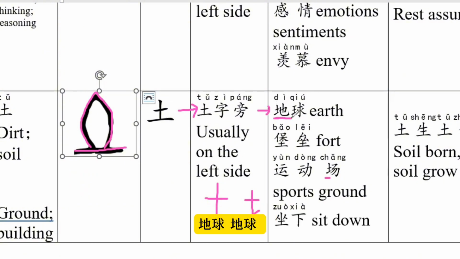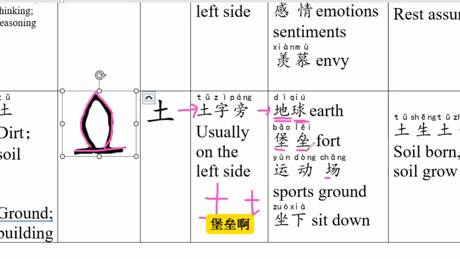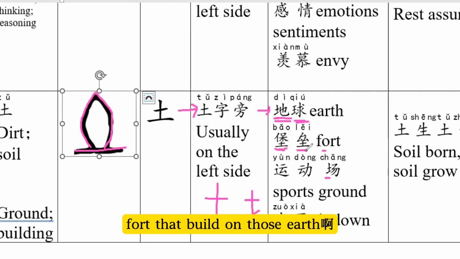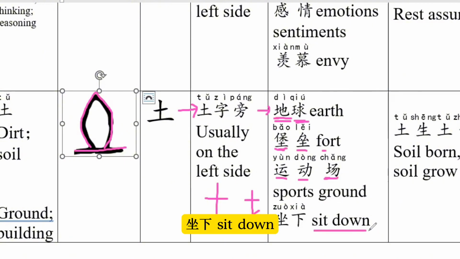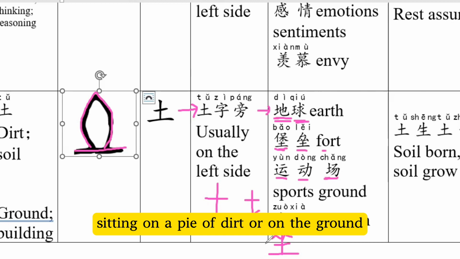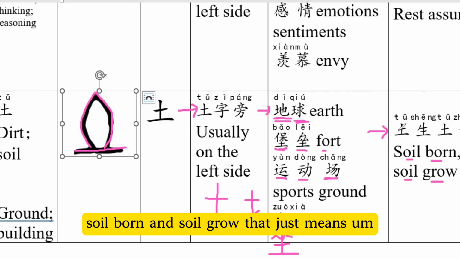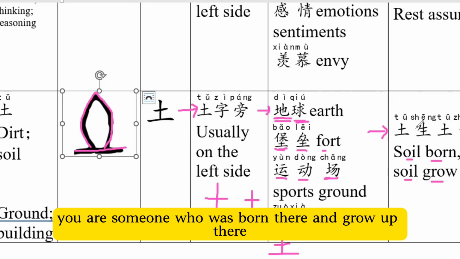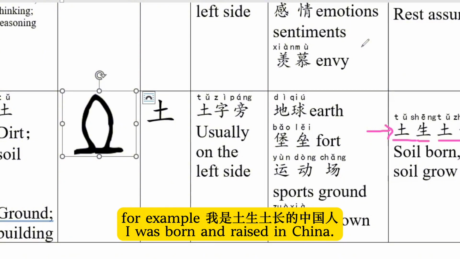Examples are 地球, the earth planet. 堡垒, fort that is built on the earth. 运动场, a sports ground. 坐下, sit down. For the 坐 you will see it's two people, 人, sitting on a pile of dirt or on the ground. So that's sit, 坐下. The idiom for 土 is 土生土长, soil born and soil grown. That just means you are someone who was born there and grew up there, like very local people. Okay, 土生土长. For example, 我是土生土长的中国人。